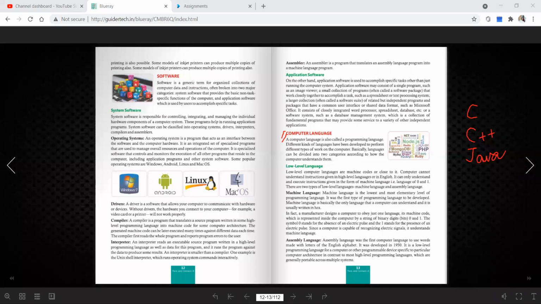After that, there are also HTML for website development, HTML, CSS, advanced HTML. So these are actually computer languages. If you have learned all those things, you can do many things, especially this part. You can create a website. For hosting the website, you need to take help of Google or something.